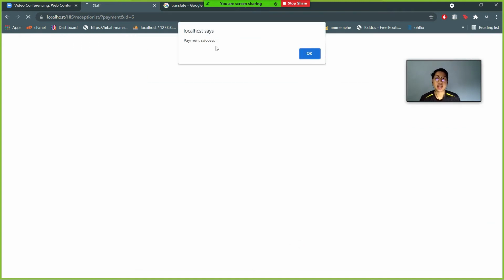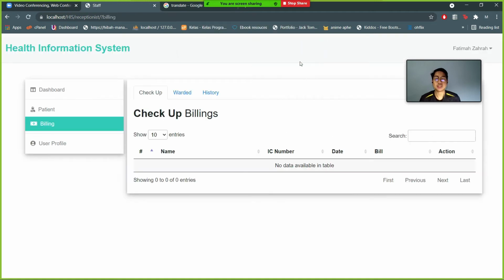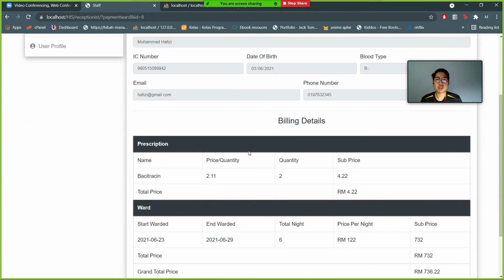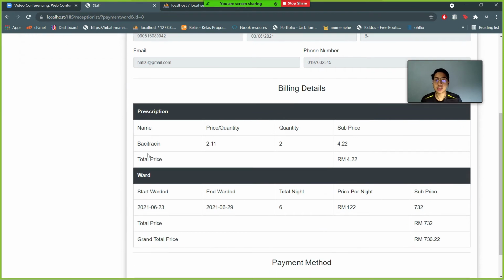Just click here and the payment is success. So next is warded billings. This section is for patients that want to check out from warded. So the staff will click checkout here and display all the information about the prescription and about the